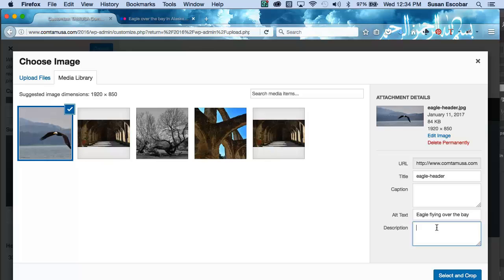For instance, I am the photographer for this image, so I'm just going to call it